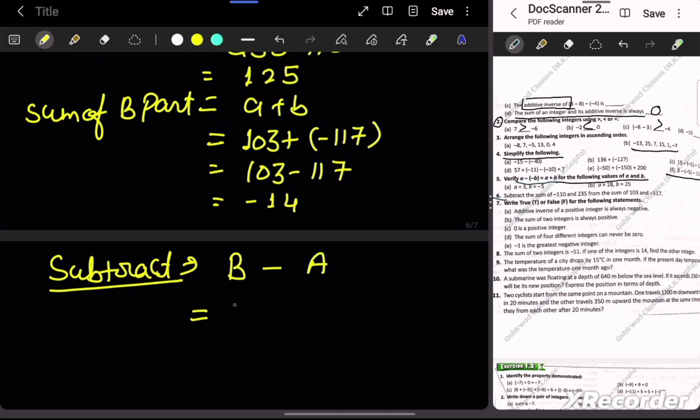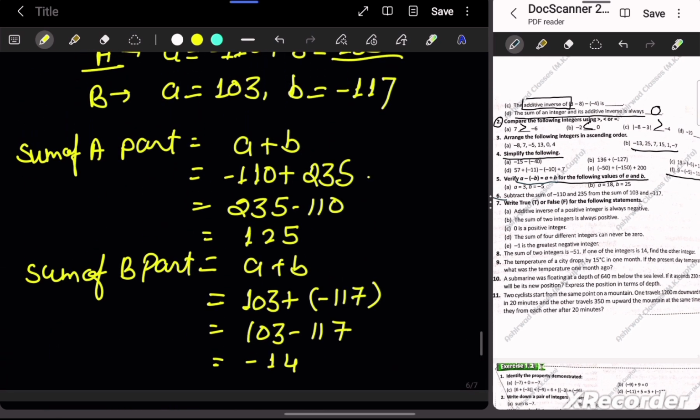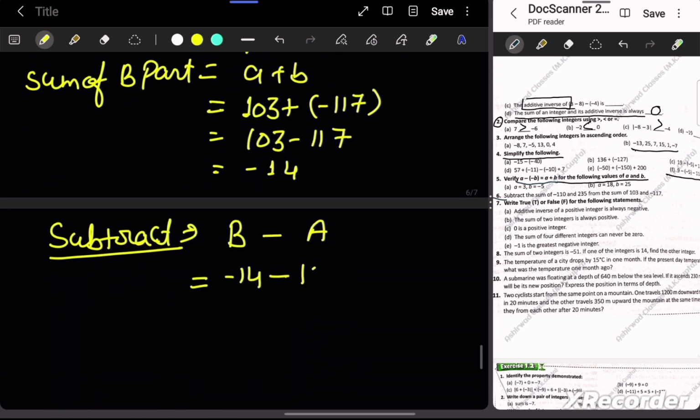What is the value of b part? Minus 14. And what is the value of a part? 125. So both integers are negative, so answer will be in negative, and minus minus plus, so 139. Okay,